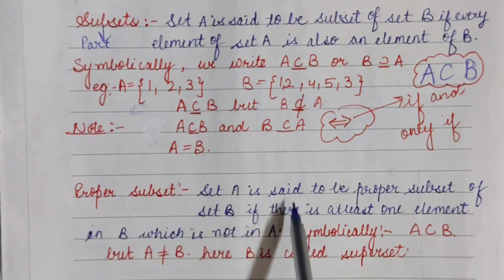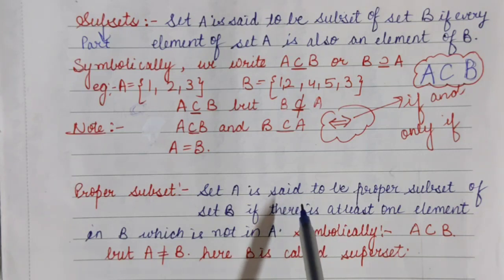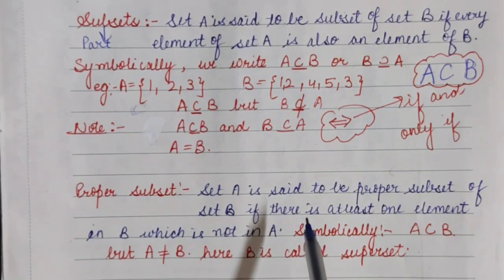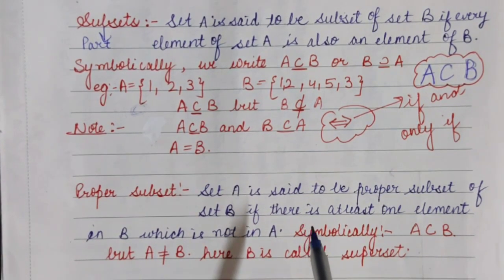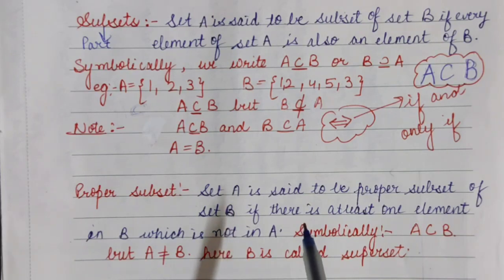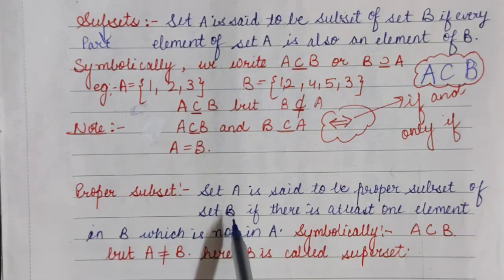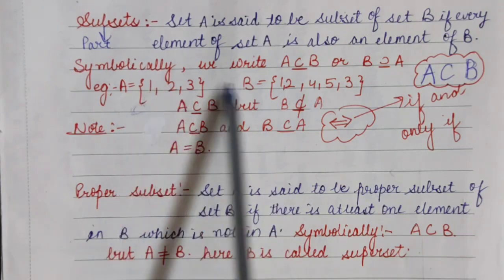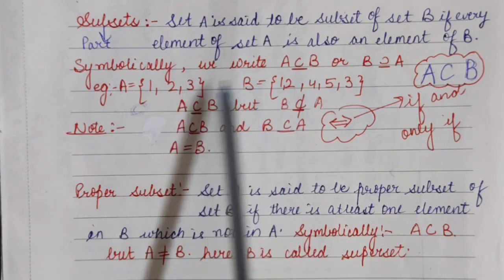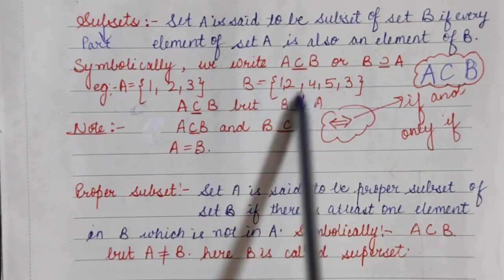It means if I am saying that all the elements of set A must come in set B, that is okay, there is no problem with it. But they are also specifying that if all the elements of set A are coming in set B, then inside set B there should be one or two extra elements, or it can be even more. So it means what we want to say here is that set B will act like a superset. Fine.